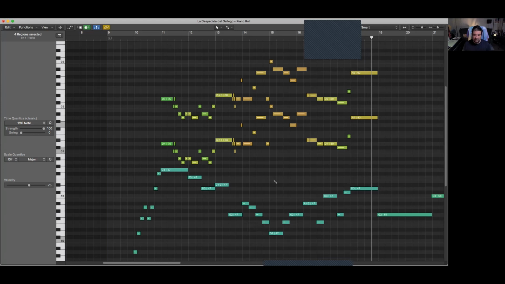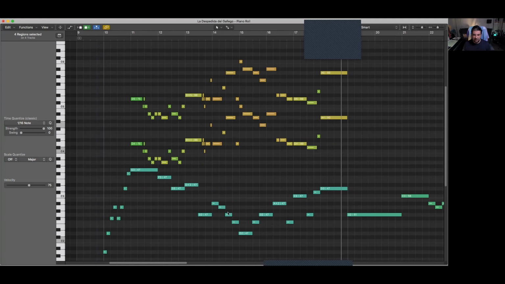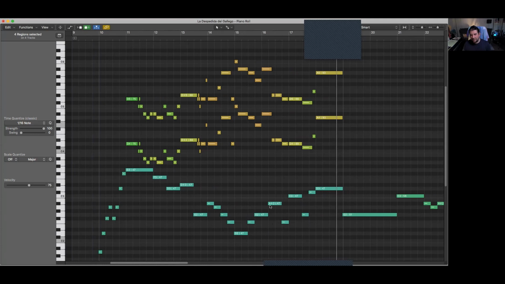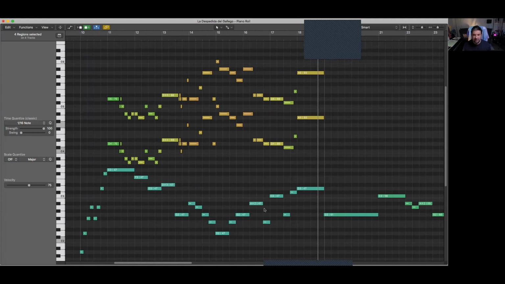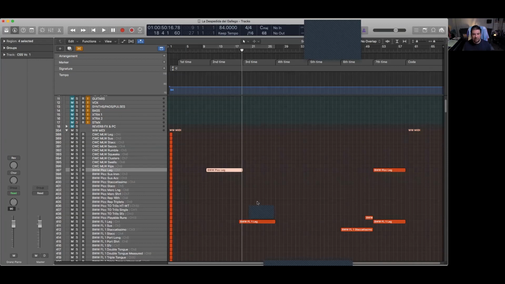All right. So as you can see here in the MIDI data, you can hear the descent here while this goes up, and it's almost like a descant in a way, but not on top, it's on the bottom. So, you know, it's a counter line basically. Another way of writing counterpoint. All right, so that's the second time.